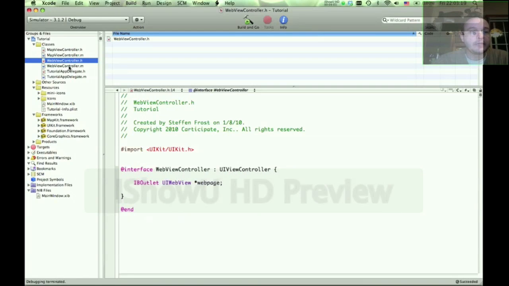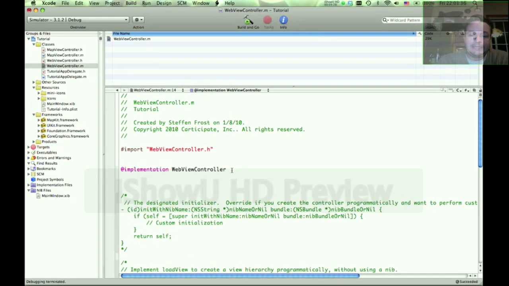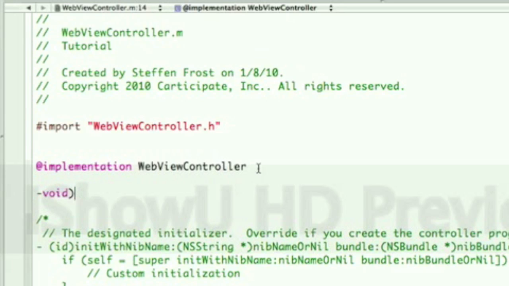You also have to tell the WebView controller to load a web page, and you have to give a URL. Well, how do you do this in Xcode? To be honest with you, this is a little bit Byzantine. If you see this code, you might go, oh my God, what is that? It is ugly. But I will address that. So what you want to implement is a function called